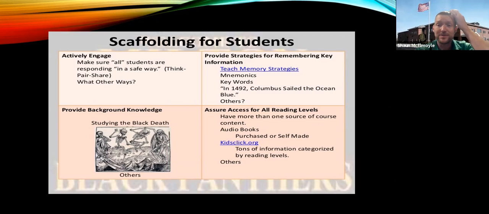You can also, this is my favorite, provide some remembering strategies for some of that information. And I still remember back to my 5th grade year, learning prepositions and the planets by using some strategies to help remember that. We use mnemonics a lot of times. If you guys remember, in 1492, Columbus sailed the ocean blue. That's something